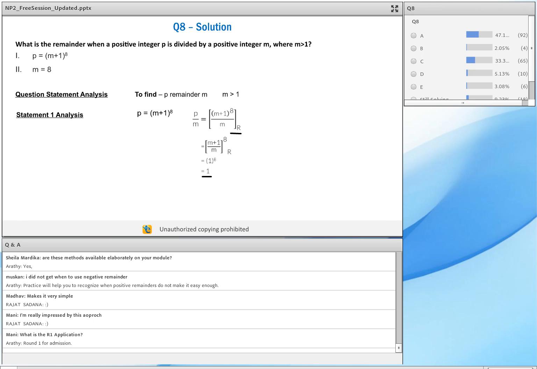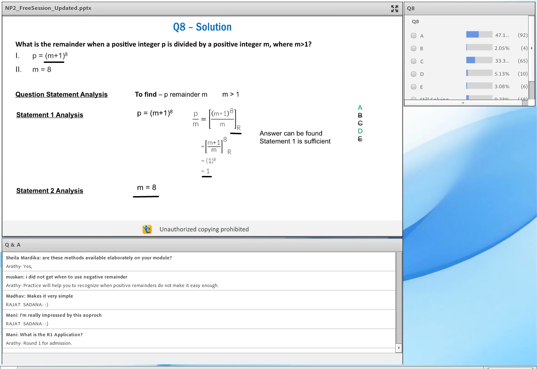Now, the nice thing about this is, if you remember positive remainders, you'd say, hey, this guy expresses my dividend in the form of divisor. Statement 1 does that job for me overall. So we know statement 1 is sufficient. So the choices could be either choice A or choice D. Now let's go to statement 2. Statement 2 says